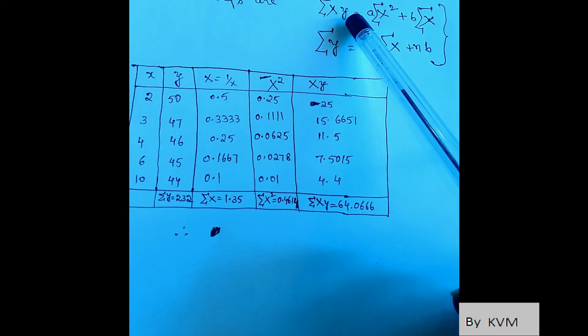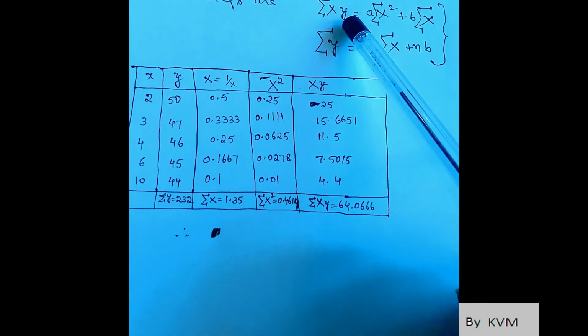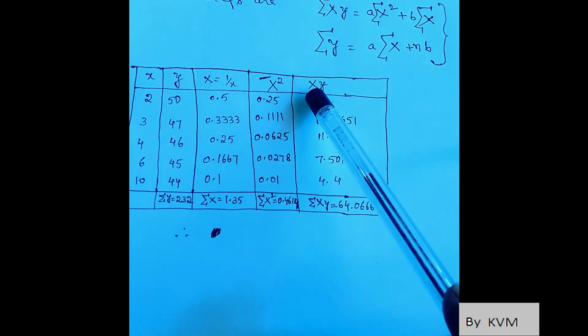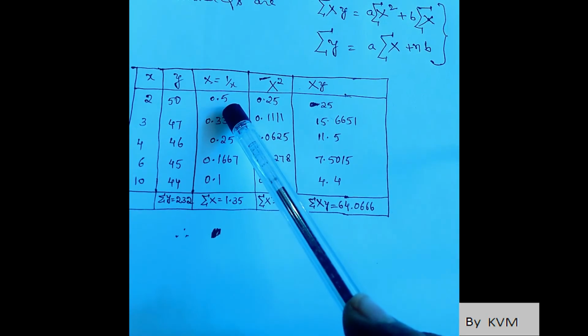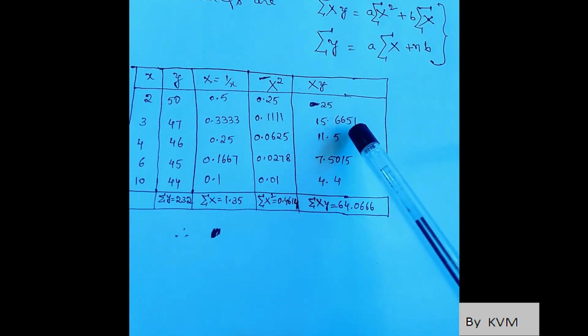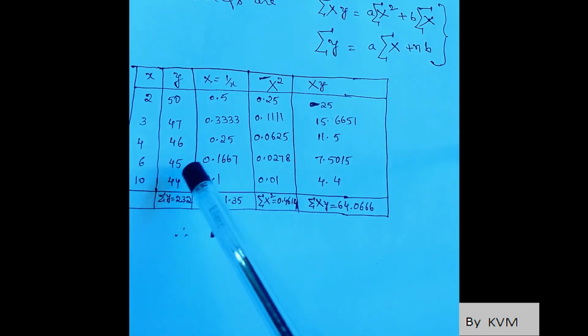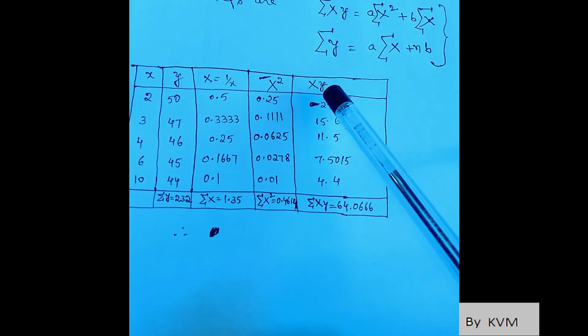Then in the first normal equation, we have to find the product of capital X and small y. 50 into 0.5 is 25. 47 into 0.3333 is 15.6651. Then 46 into 0.25 is 11.5. 45 into 0.1667 is 7.5015. 44 into 0.1 is 4.4. So adding all the values of capital X and y, sigma capital X y is